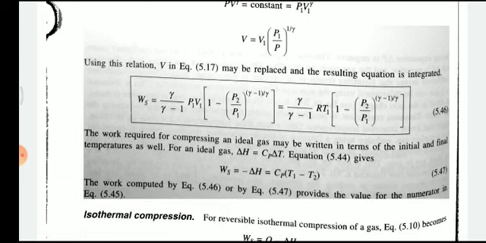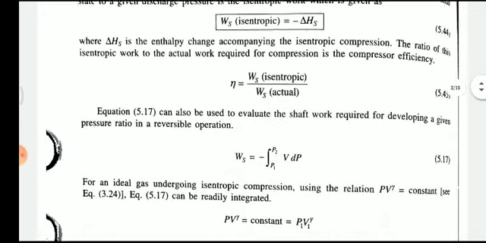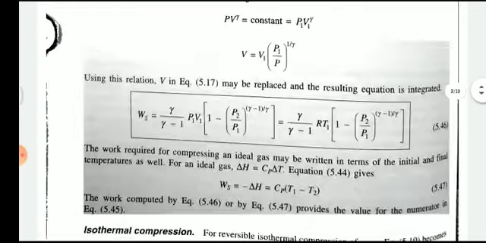Equation number 5.46. The work of compression for an ideal gas may be written in terms of initial and final temperature. So that is delta H equals Cp delta T. Now this equation 5.46 is the adiabatic compression equation. Then next,